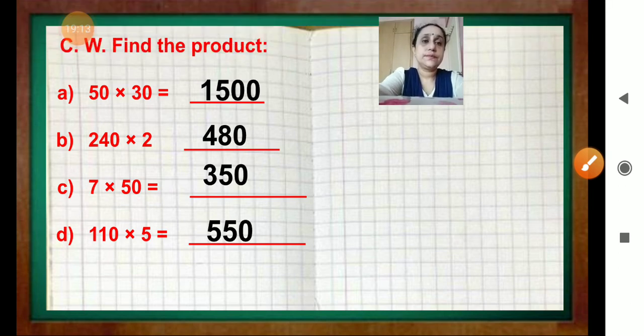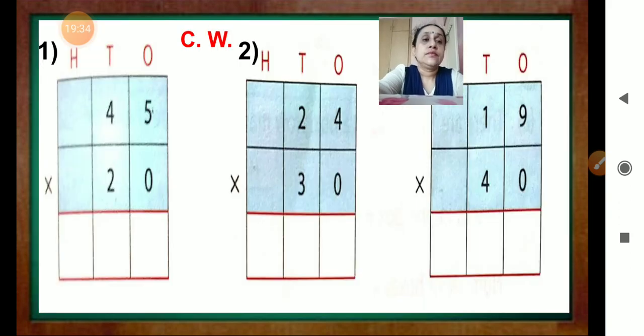Correct answer. Write down in your neat and clean handwriting. Properly write classwork. Find the product. And then write down the questions. Leave some place. And then do it. Now this is your classwork. Now these are in multiplication which? Vertically. Okay. Vertical multiplication. These are written like this.